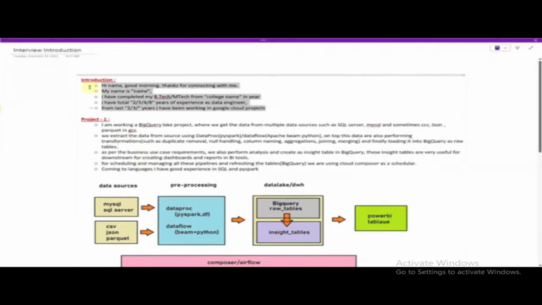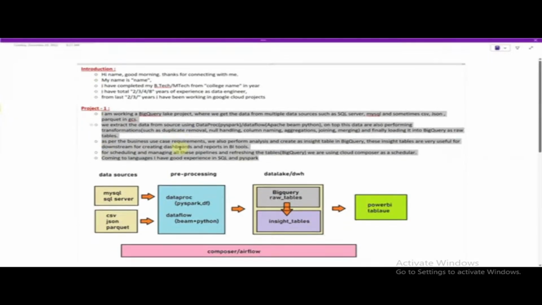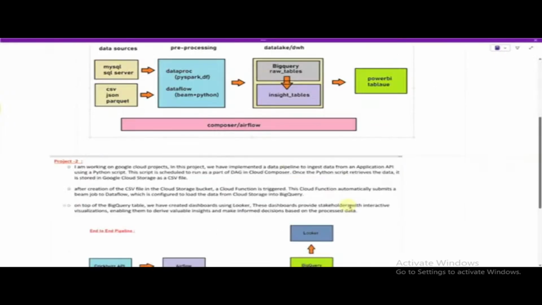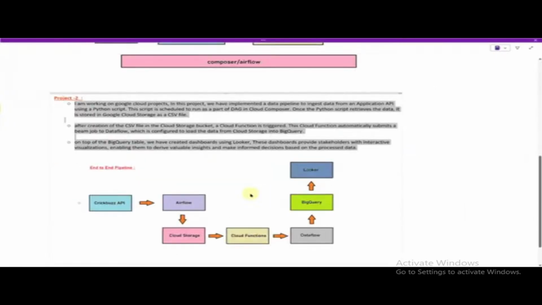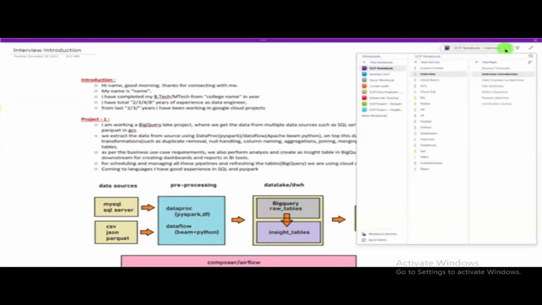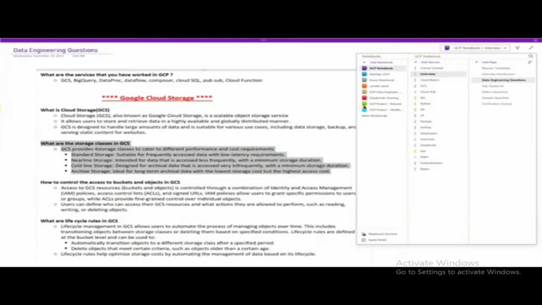So whatever introduction you have to specify, what is the project one explanation that you have to tell in your interview? Architecture for project one, project two architecture is also there. Project 1 and project 2, however you have to explain in the interview, everything is here. Then there are data engineering theoretical questions topic wise,